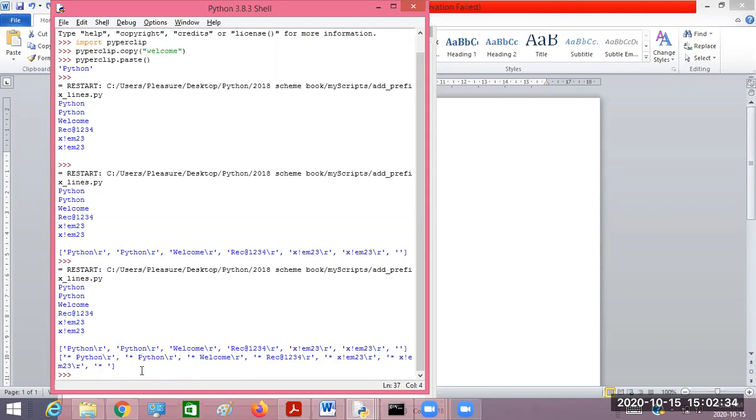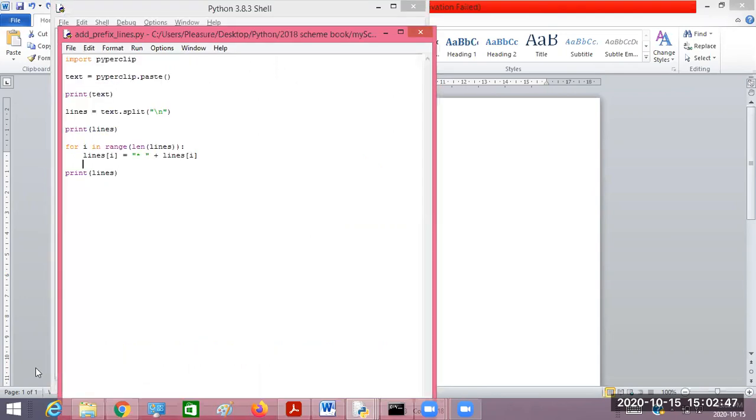This is the approach you should also follow. While writing a program, you should not directly write the complete program at once. Go step by step, see the output. If you get the expected output, then proceed with the next step. Right now, up to this, my part is correct.